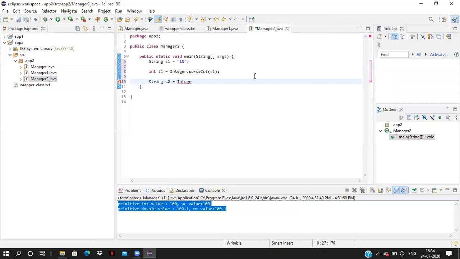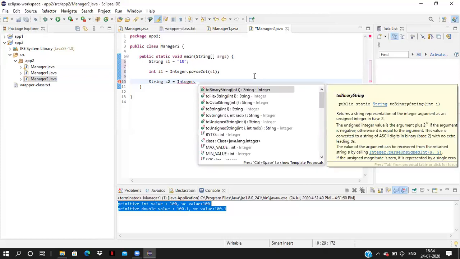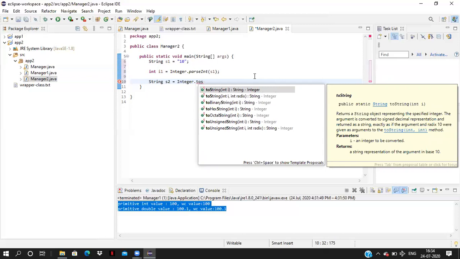You can convert using the wrapper class, Integer dot toString. By using the Integer dot toString method, we can convert the integer value to the string type.